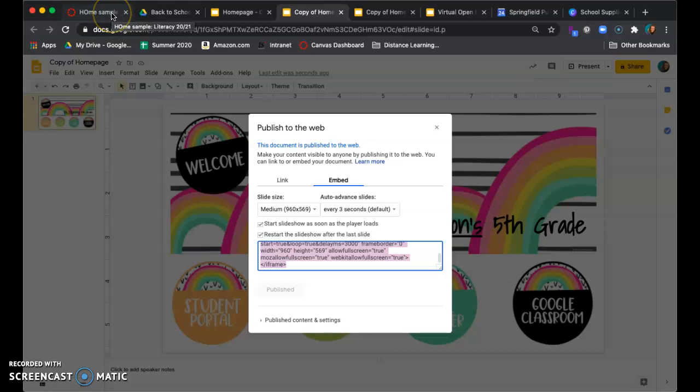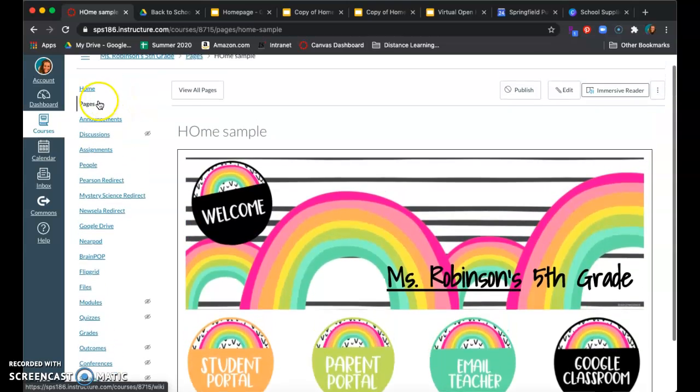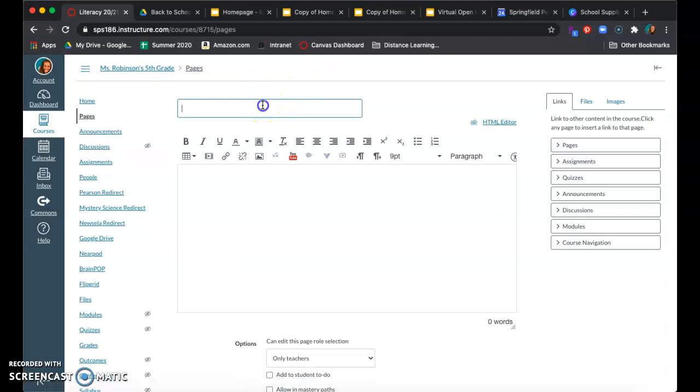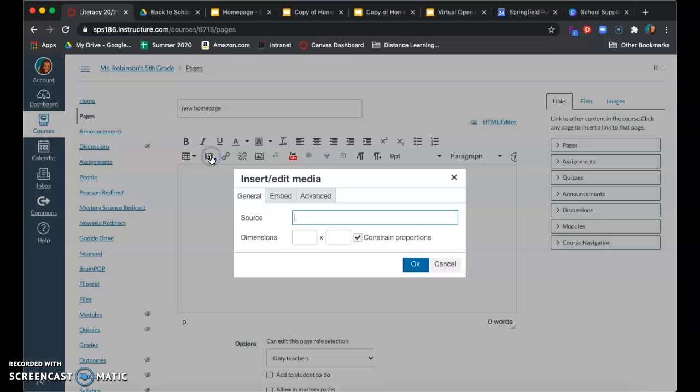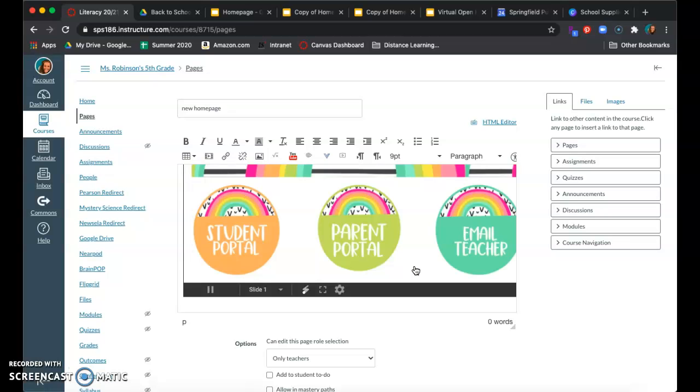So now I'm going to select my Canvas page, and I want to view all pages, make a new page for my new home page. And I'm just going to title it Home Page, so it's an example. Then I'm going to select this box, and then right here where it says Insert Edit Media, I'm going to switch it to Embedded, and then I'm going to Command-V and paste my code in, hit OK,